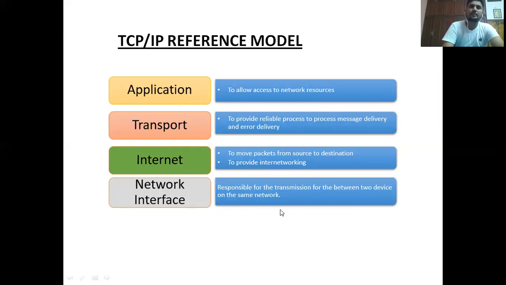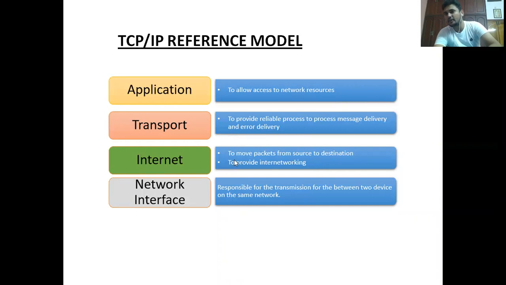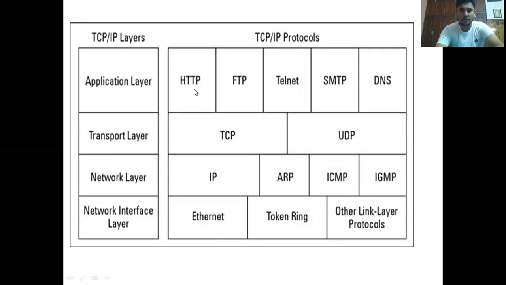One more is the TCP/IP reference model. We already discussed that in one set the OSI reference model is compulsory. If it is not there in the question paper, automatically the second option is the TCP/IP reference model. Here there are a total of 4 layers: network interface, internet, transport, and application. Sriram Murthy sir explained these well in video number 6, about TCP/IP, its different protocols and protocol architectures.